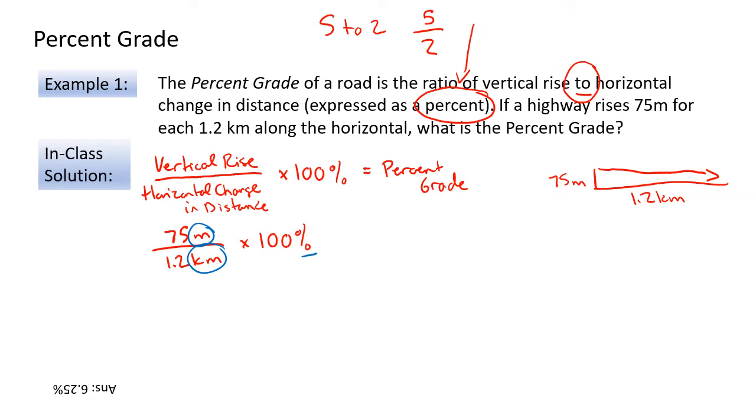So that means we have to convert either meters or kilometers to the same units. In other words, they're both in meters or they're both in kilometers in order to be able to actually find a percent grade, right? Because the percent grade is just a percentage. It doesn't matter if it's in meters, it doesn't matter if it's in kilometers, okay? It's just a percentage. So I'm going to choose to convert kilometers. So remember, again, from our previous slide,